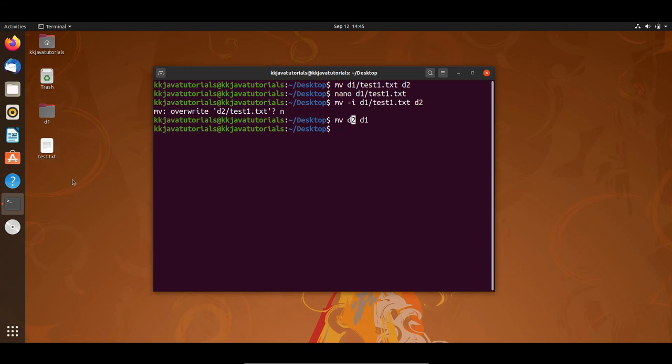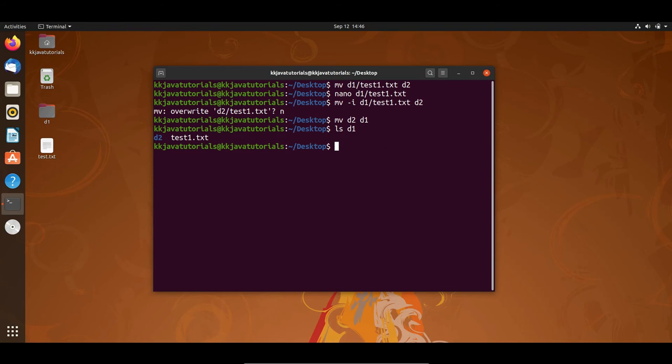So you cannot see the D2 directory now, right? It has been moved into D1. You can check this with the ls command. Ls D1, then if you press enter, you can see D2 is inside D1. Now let's say I would like to move this D1 directory somewhere else in my home directory, within some other directory.